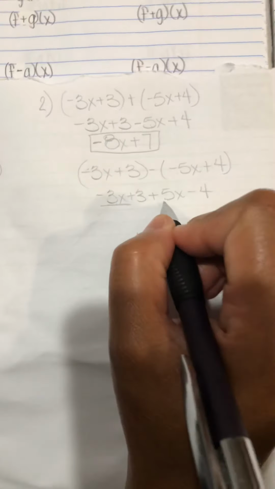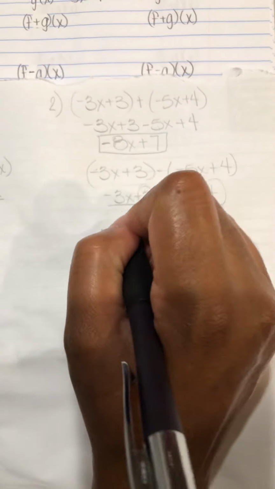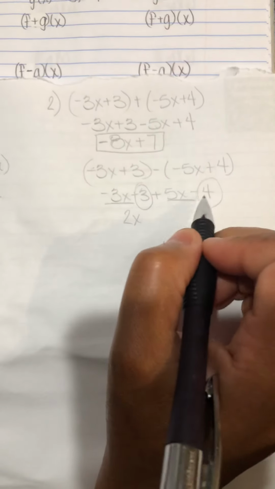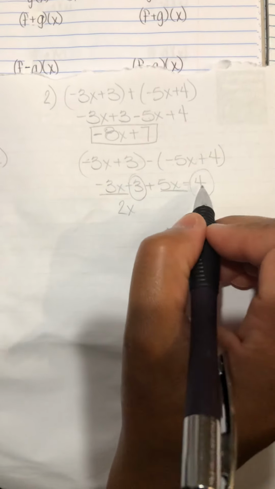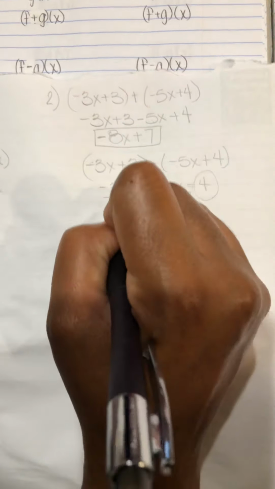I have the x's that go together and the numbers that go together. So 5 minus 3 gives me 2. I have 3 minus 4. 3 minus 4, negative 1. And that's my answer. All right, for the next one,